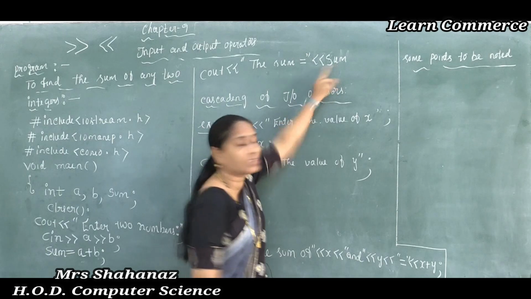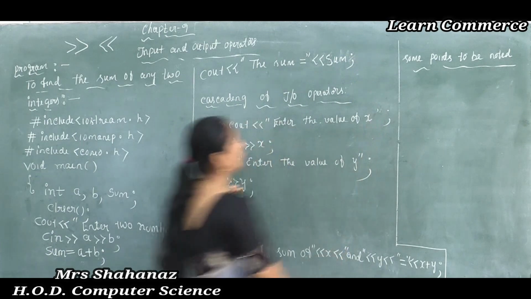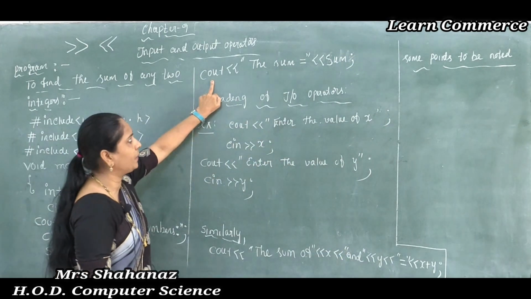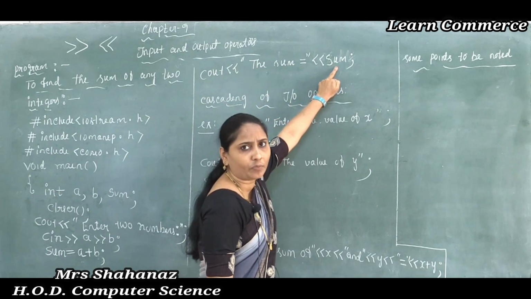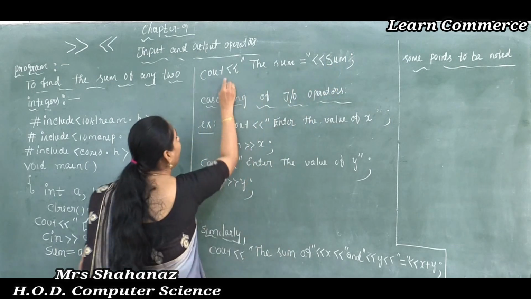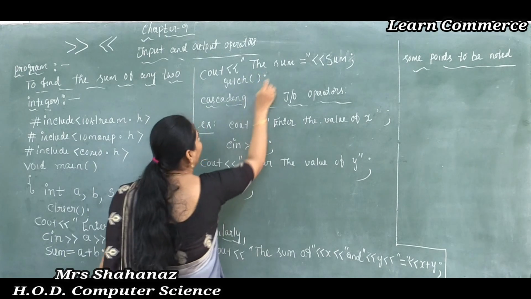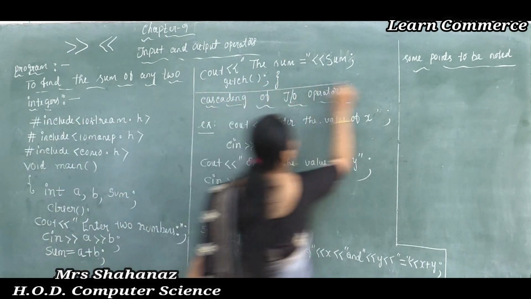So clear this point here. Maybe later you want to display more, but this is a first program, so there is no need for this one. It is just going to display the message, the sum is equal to, and now whatever the addition value in sum is, such value is going to display. After completing the cout, we need to complete the statement here, and finally we need to close the flower bracket. So this is the end of the program.